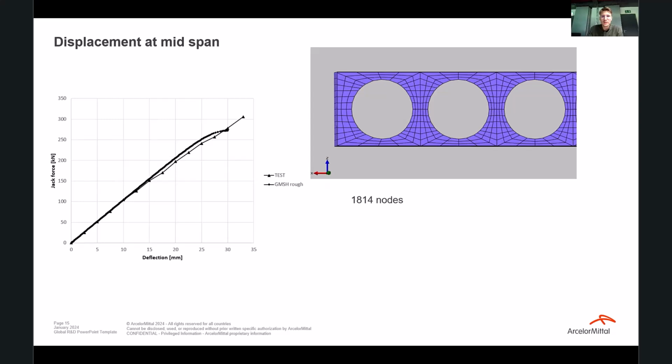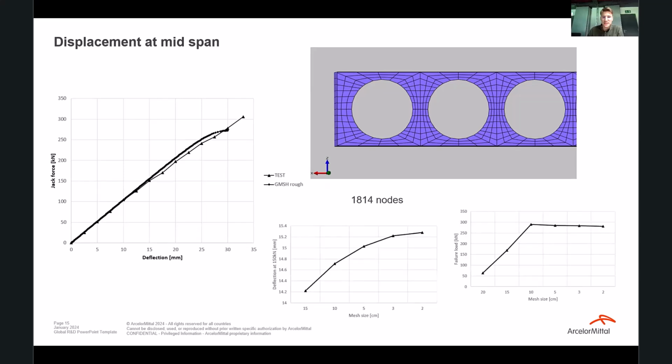We did a bit of other simulation to study the influence of the mesh size. So here is a much smaller amount of nodes, 1,800. It runs faster, but you see that in terms of stiffness, we start to have some doubts. But the failure load is the same. Here you see the mesh sensitivity analysis that we've done. So the first graph in the middle is the influence of the mesh size, on the horizontal axis, on the deflection at mid-span, for a force, I would say,